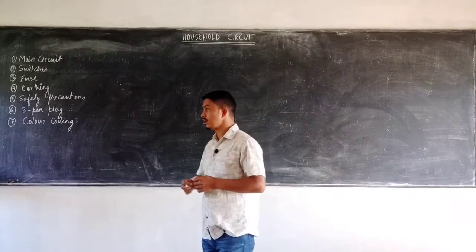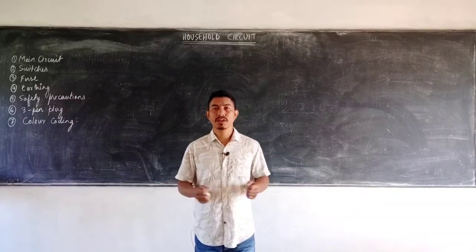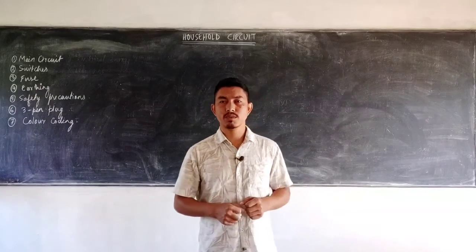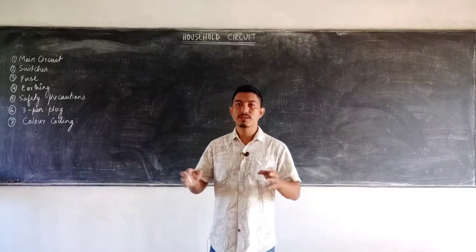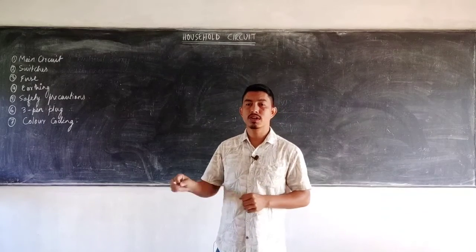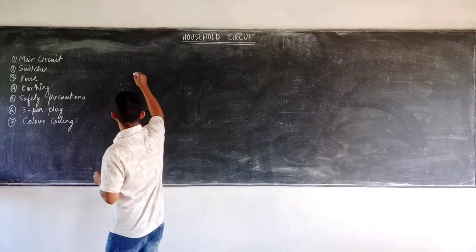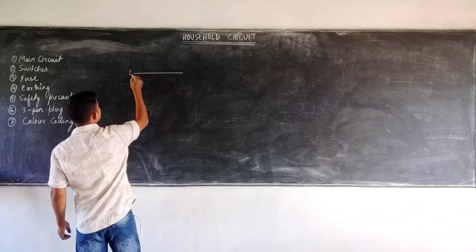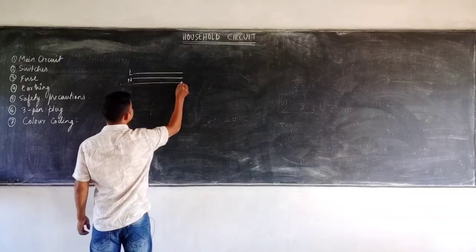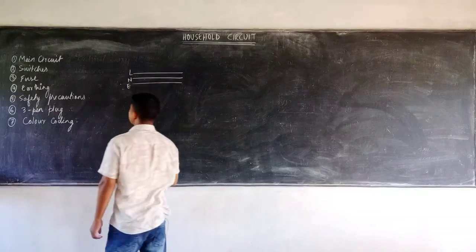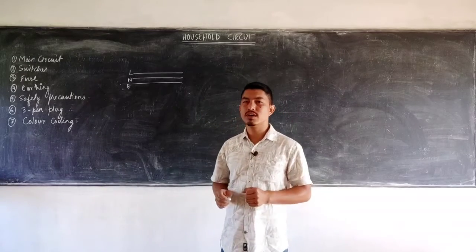We all are very much familiar with the electricity that we get in our houses. We see the electric poles near the roadside, and from there we get three wires. The company provides us the three wires. The first one is the live wire, which brings in the current. The second wire is the neutral, which takes away the current, and the third is the earth wire, which is the safety measure if there is any kind of leakage in our houses.